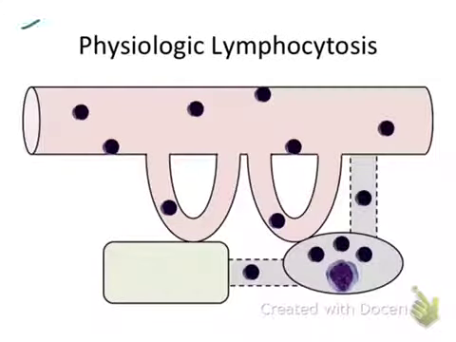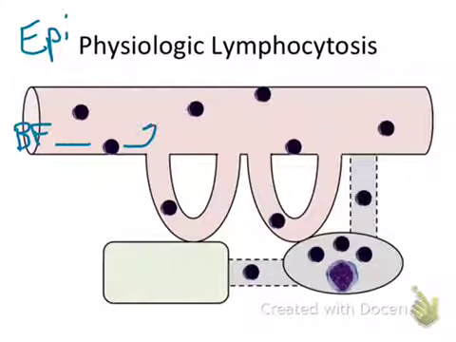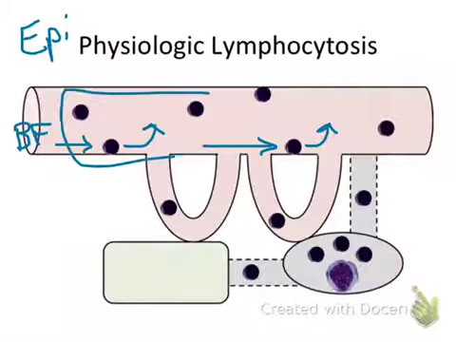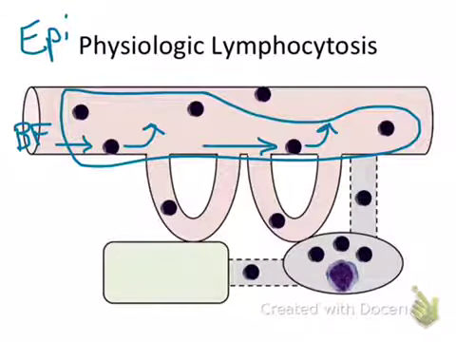Physiologic lymphocytosis is due to epinephrine release, just like the physiologic neutrophilia. And with epinephrine release, there's an increased blood flow, and that results in washing of the marginal lymphocytes from their marginal pool into the circulating pool. So there's a shift from marginal to circulating, and again, those circulating lymphocytes are the ones that are sampled during